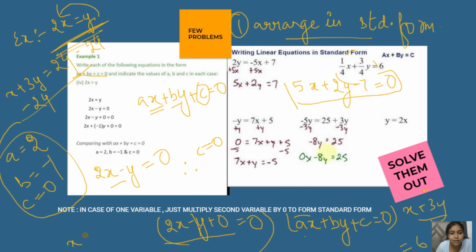So these are the two other examples which you have to do in the homework. Okay, so these are very easy. Just remember that what you have to do is arrange in a standard form. And how you arrange them in a standard form is by putting all the variables and all the constant terms on the left side of the equation, by subtracting or eliminating, or by adding the constant values or the variable values, or multiplying or dividing.